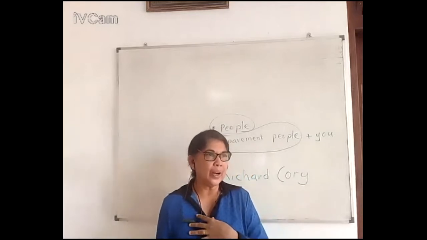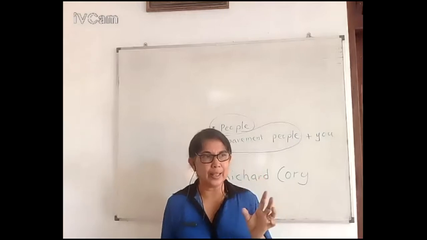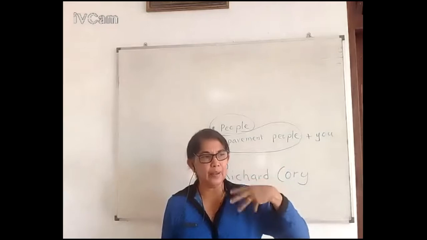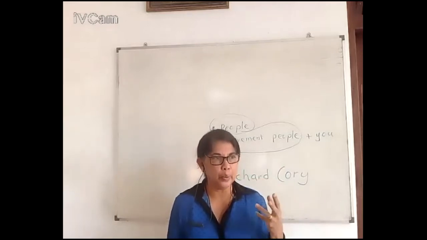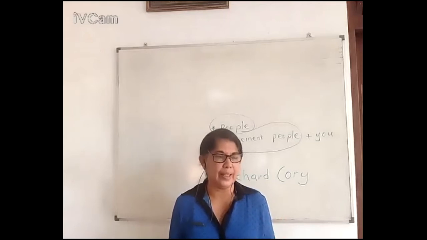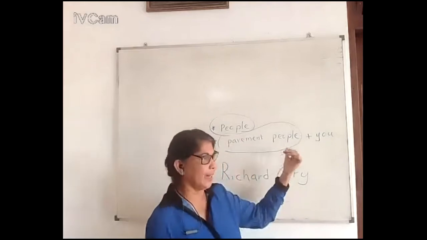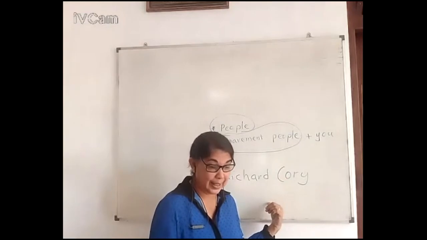They thought Richard Cory was everything. That means they thought he was the happiest person in this world, who has everything. That is the final decision they have taken. Right? But there we can see